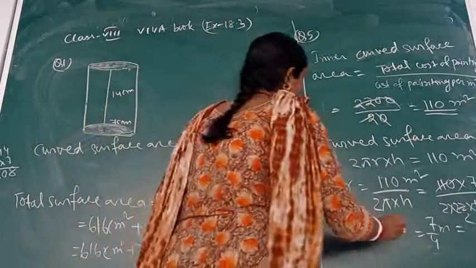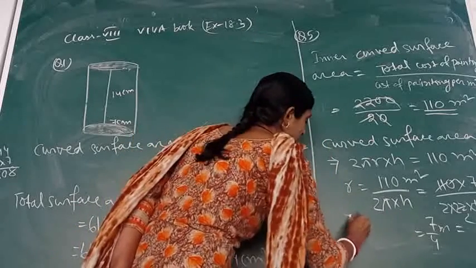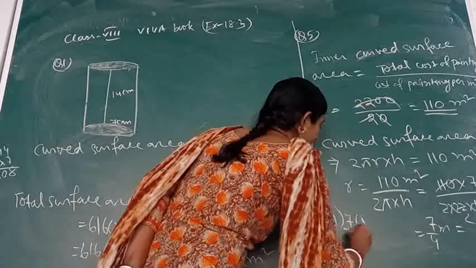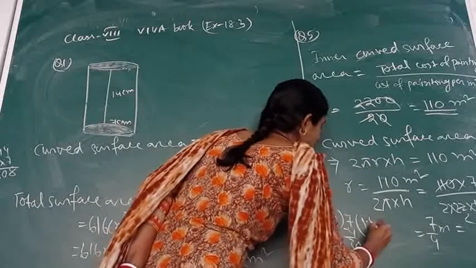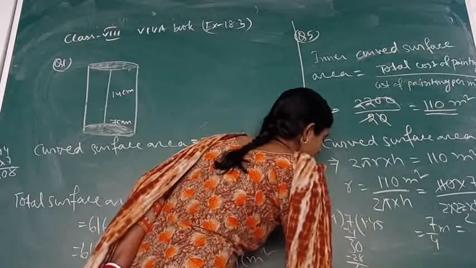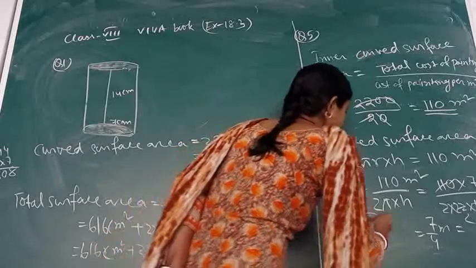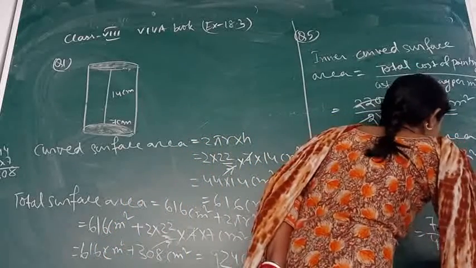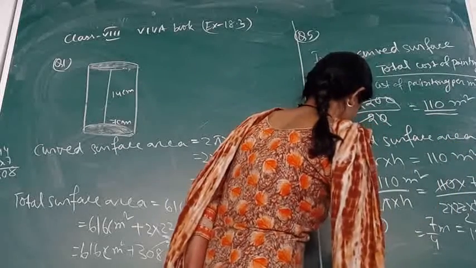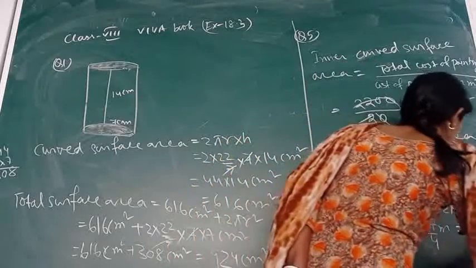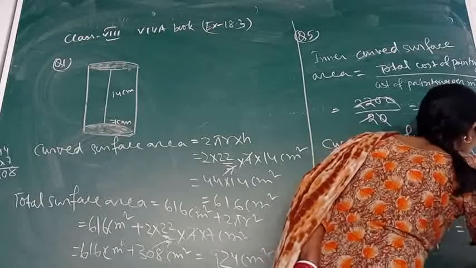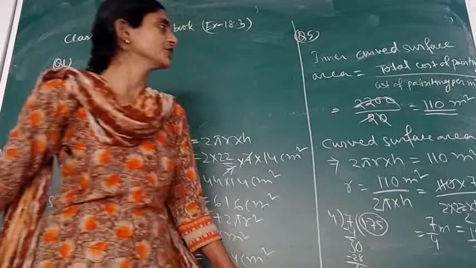Let's go for the division. We can write the answer in decimal here. So 7 divided by 4, so 4 1 here. Then put a decimal, 7 4s are 28, 2 then 0, then 4 5s are 20. So my answer will be 1.75. That much what? That much meter here. The unit has been given in meter.